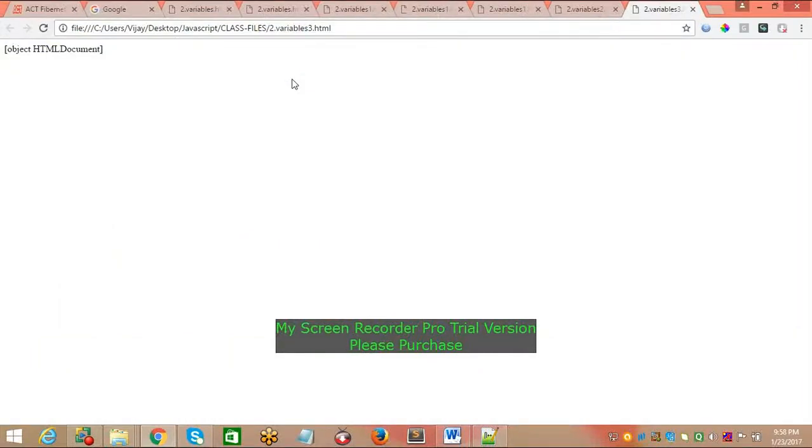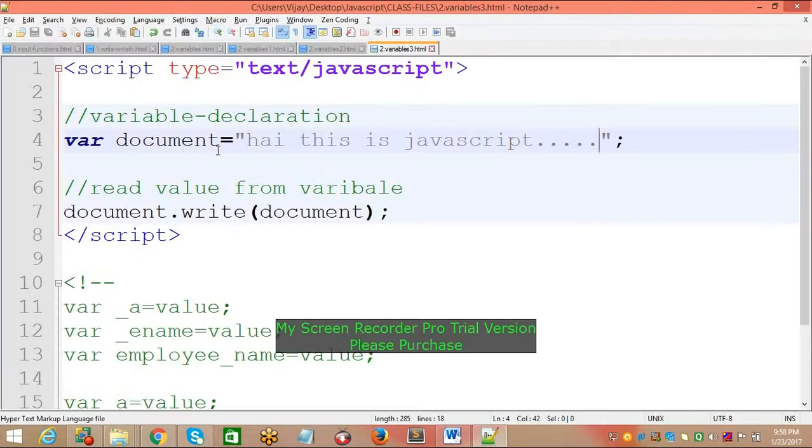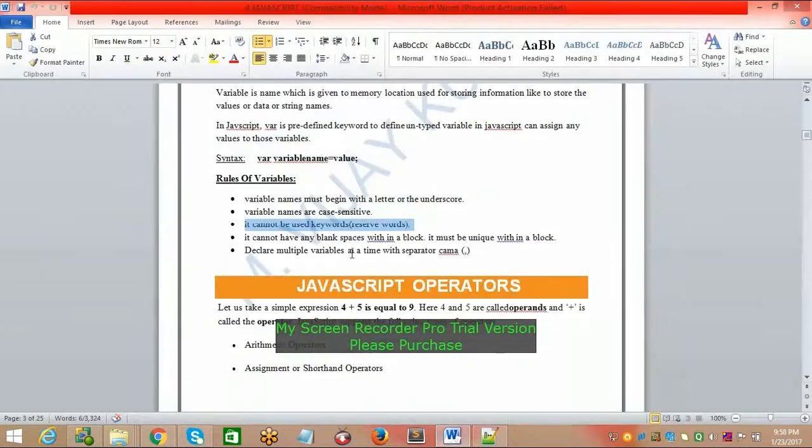See this: here we are not getting any result. Unknown information is coming, which we can call a garbage result that the browser generates automatically. Document is a JavaScript predefined object, so predefined words or reserved words should not be used as a variable name. What about the next point?